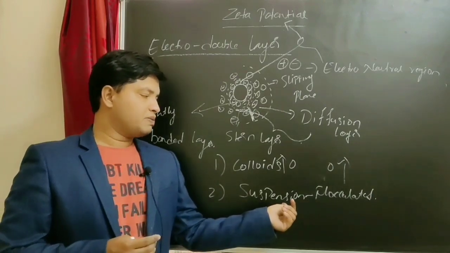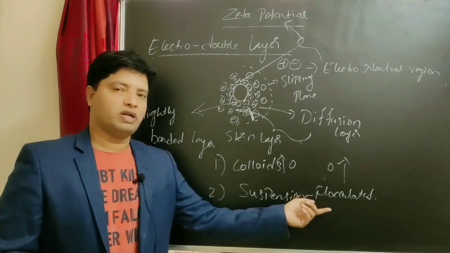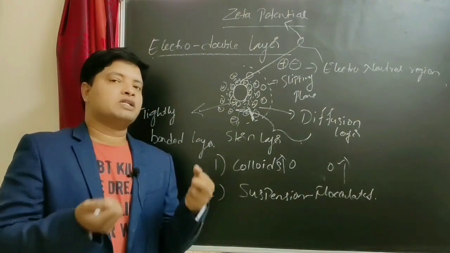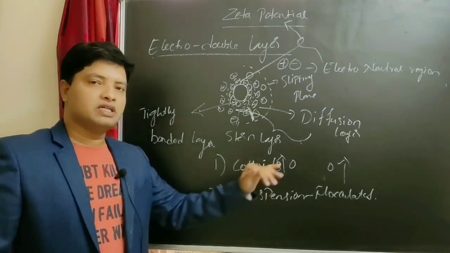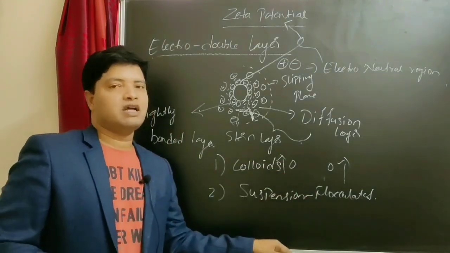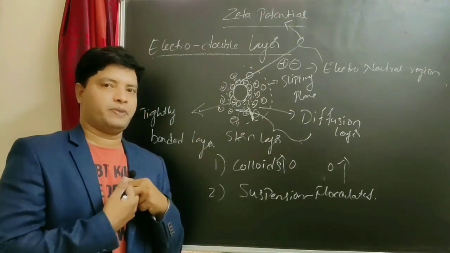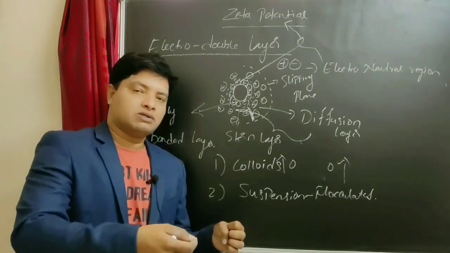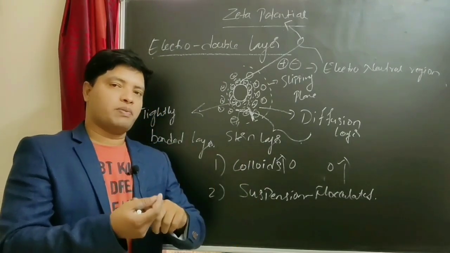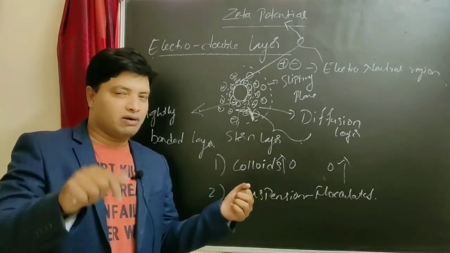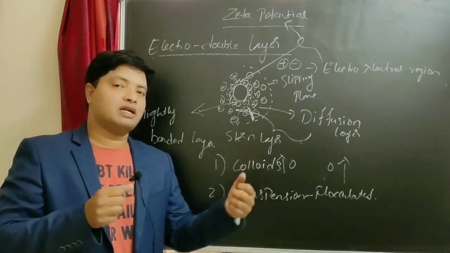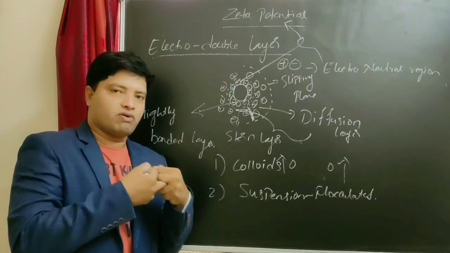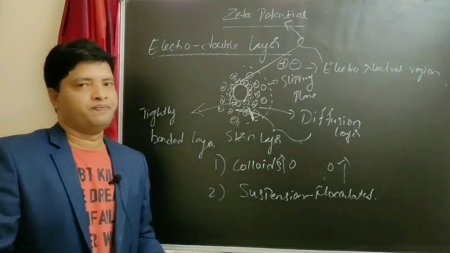Okay, in case of suspension, if you need the suspension to be flocculated, now what happens? Flocculated means particles come close and form an aggregate. For the particles to form an aggregate, obviously you need zeta potential to be very less. If you keep less zeta potential, you will get a flocculated system. If the zeta potential is more, add an electrolyte which has a charge opposite to the zeta potential. Let's say your zeta potential is positive, add a negative electrolyte. If zeta potential is negative, add a positive electrolyte, so that your deflocculated suspension is converted into a flocculated one by decreasing the zeta potential.